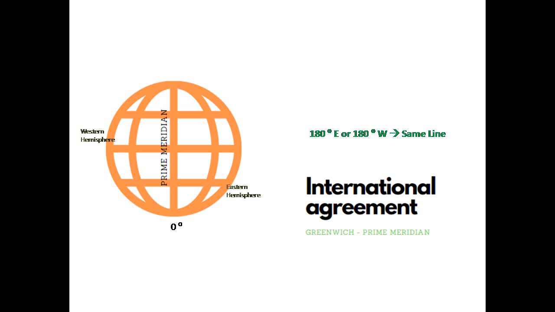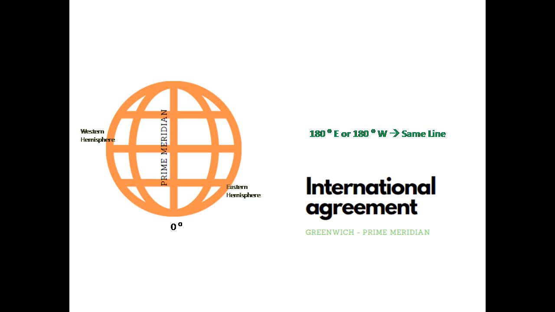All longitudes are semicircles and the distance between them decreases near the poles, whereas parallels are circles. All of the meridians meet at the poles and they are of equal length. There are so many meridian lines. If there is a line of reference, it will be easy for all to spot the location from that line of reference. An international agreement was made in the year 1883 that comprised all countries, and they decided to have the Greenwich location as the prime meridian. It's the starting point of all meridians and it has 0 degree longitude.